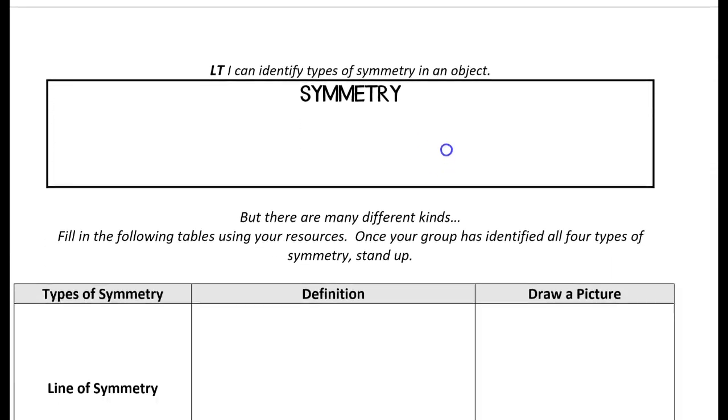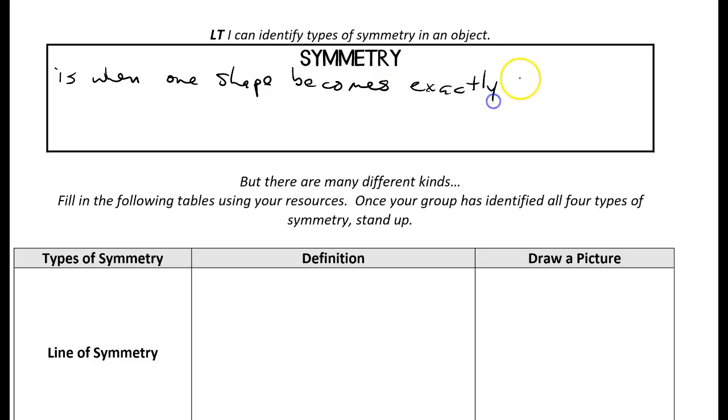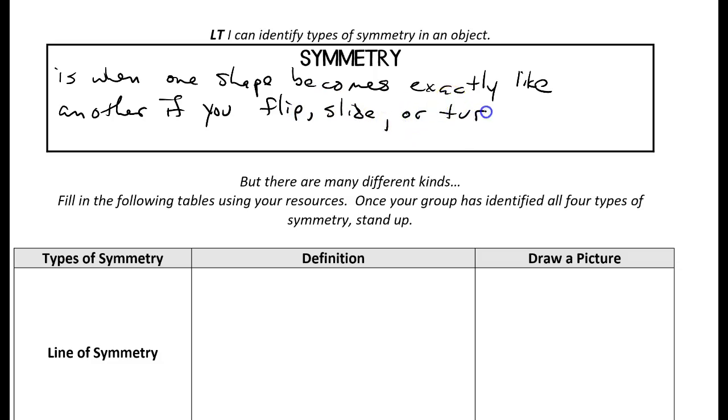All right, so moving on to symmetry. Symmetry is when one shape becomes exactly like another if you flip, slide, or turn it. So basically we're trying to figure out how we can make one shape exactly fit over another shape